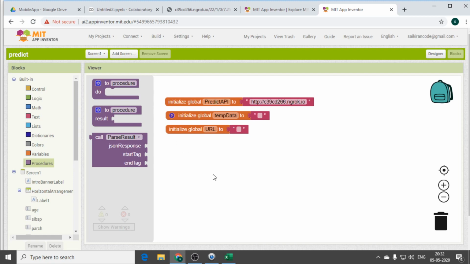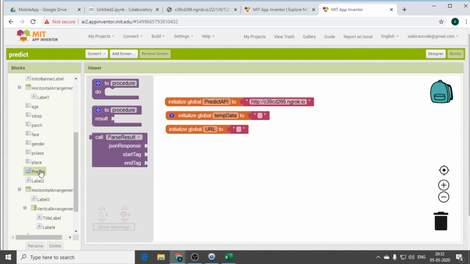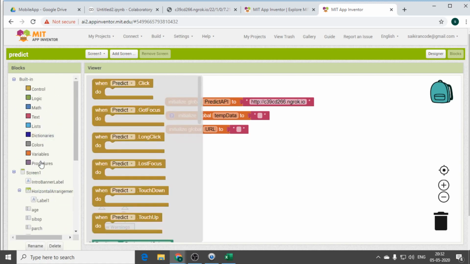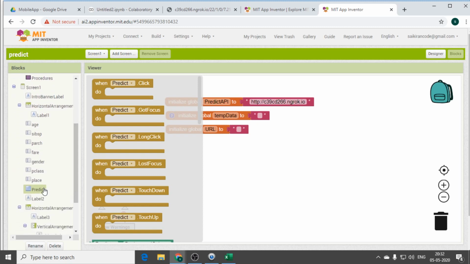You need to get the, once you have given the predict function, you need to give this predict function. So you can see the predict function here. On your left side screen, you can see the predict function below, age, siblings. Can you spot it? Everyone? Yes. Click on the predict function.